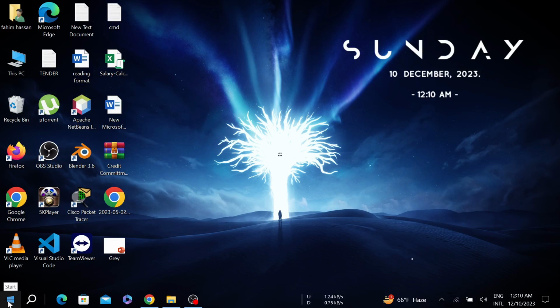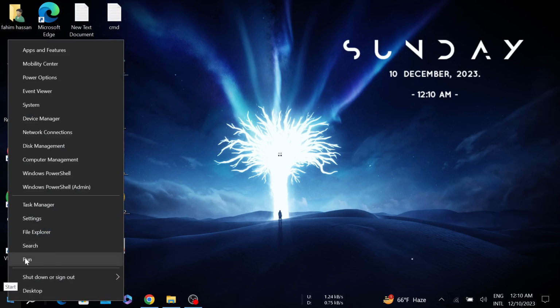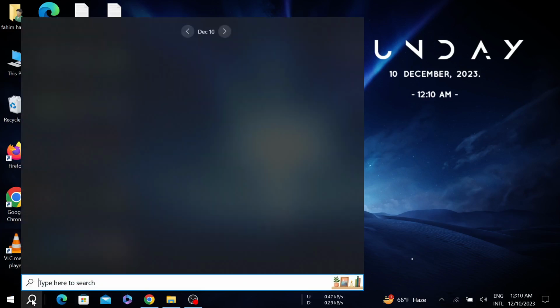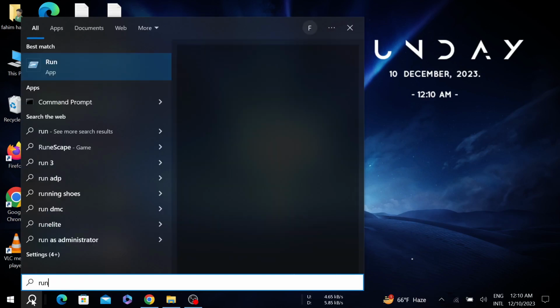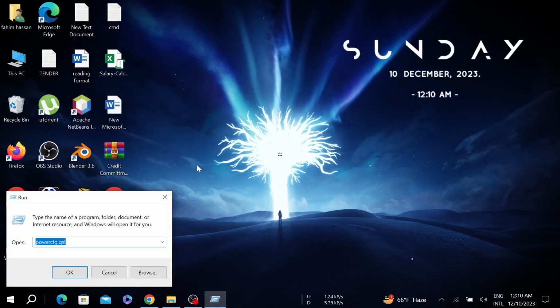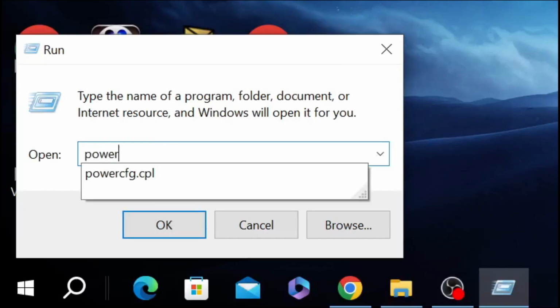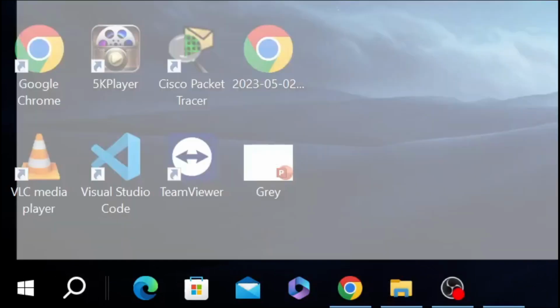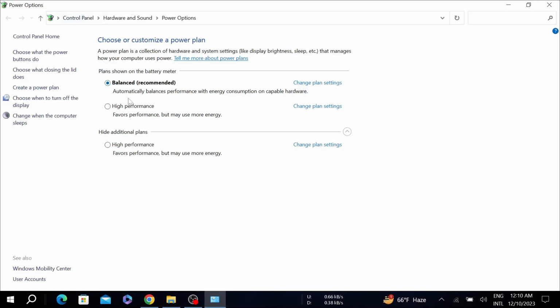First of all, right click the Windows button and here you can see this run option, or if you cannot find this, just select the search option here and type run, and after that open it by clicking it, and here just type powercfg.cpl and OK. And after that, here you can see balanced and high performance option. All you have to do, just click the high performance option and your computer will now operate in a high